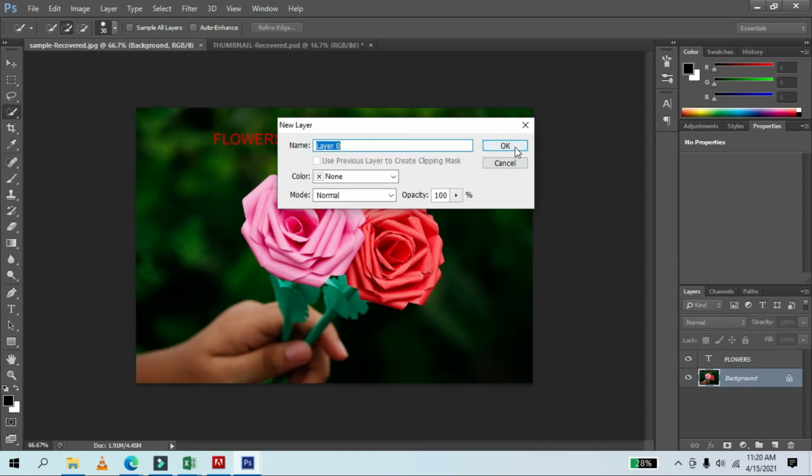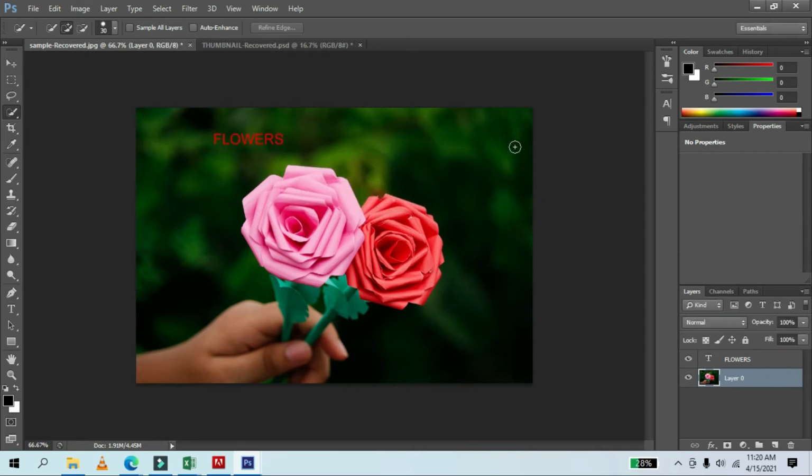So let's transform it into a layer para makapag-select tayo. So ganyan lang kadali actually yung magic wand tool, but then I prefer using the pen tool kasi yung pen tool nakikita mo talaga kung ano yung kukunin mong